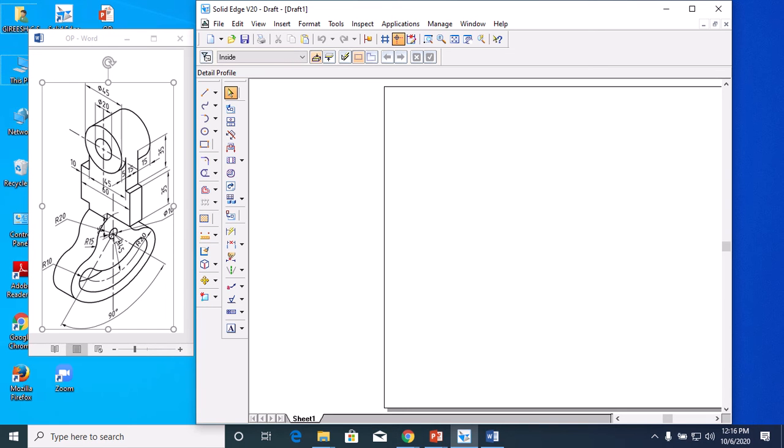I will start with this point. So this is the reference point. From that reference point, draw a 90-degree angle. So you have to draw an arc. What is this arc radius? This is R45 and this is radius 10. So this one radius 10 and this web thickness is 20.